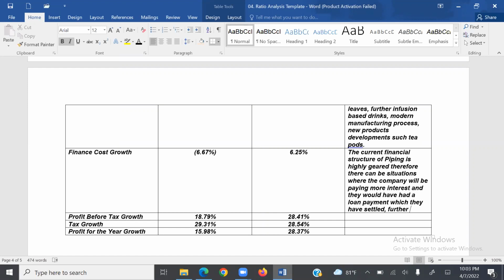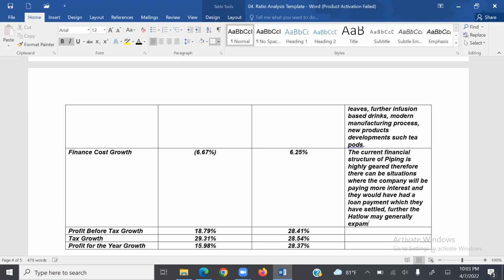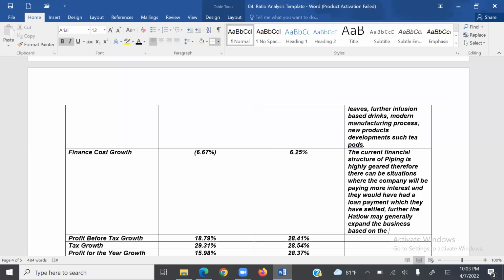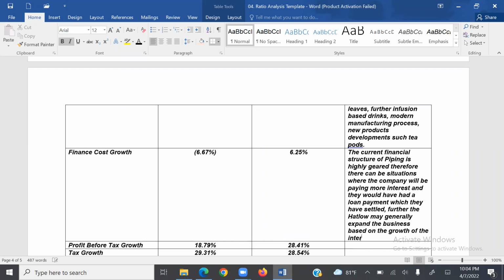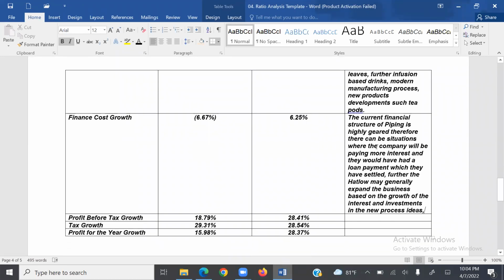Further, the Hatlo may generally expand the business based on the growth of the interest and investments in the new process ideas. Now, students, if you observe, our company is little outdated compared with Hatlo, because if you see,